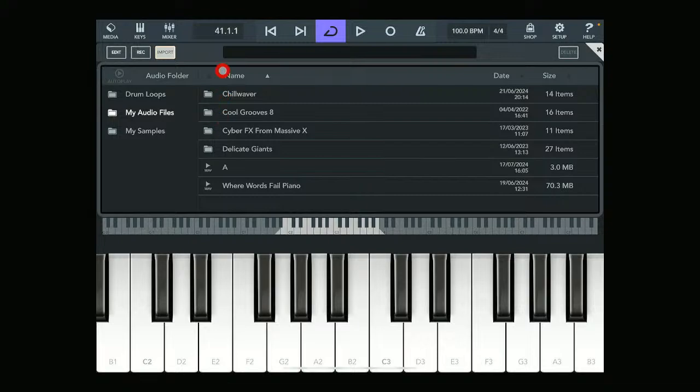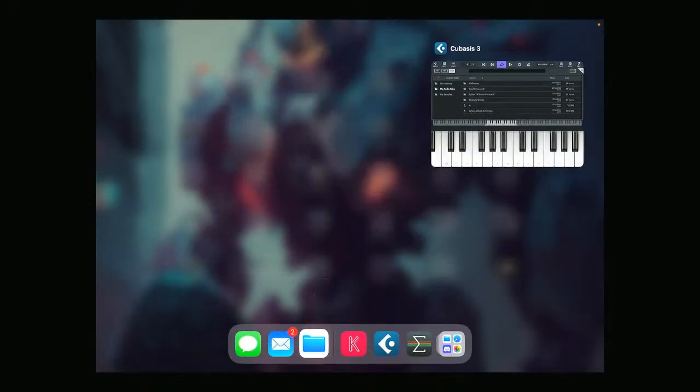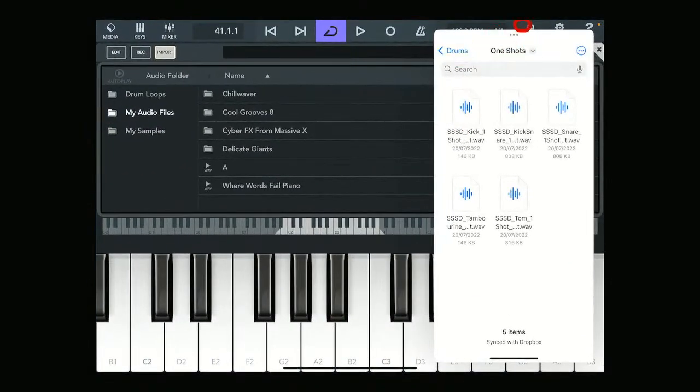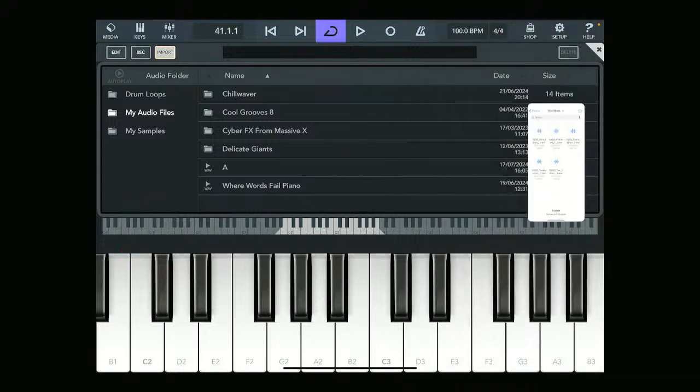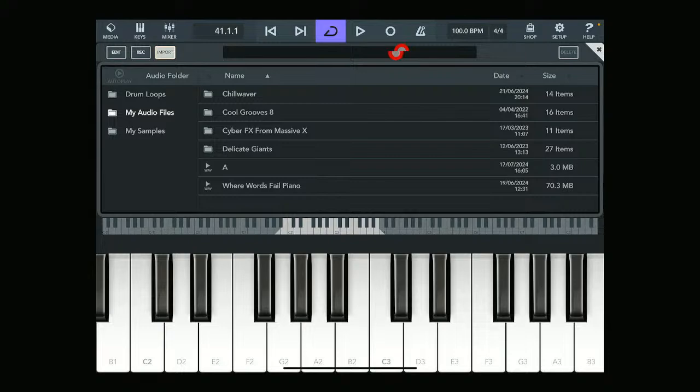We can't like get to Dropbox or anything from here, and you cannot do this. You cannot like go to your file thing and have a layover screen like this and grab a sample and drop it in. It will not let you do that, which is a shame, I think. Anyway,